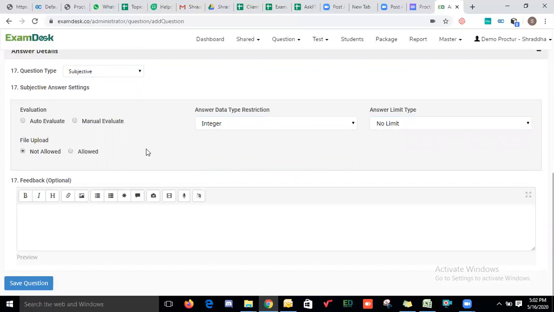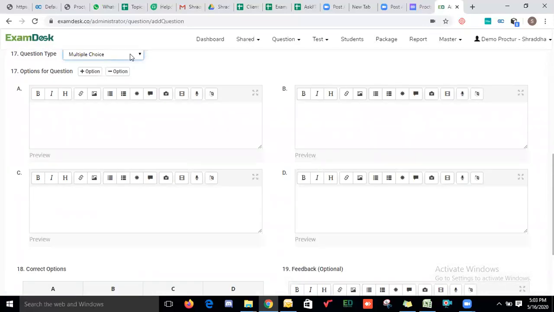If there is a file which you want from the student side, so that the student can upload a scanned document, that provision is available if the student is attempting the test from the web portal. So you can allow them to upload the file as well. Dependent upon the question type selected, you can add your respective questions.